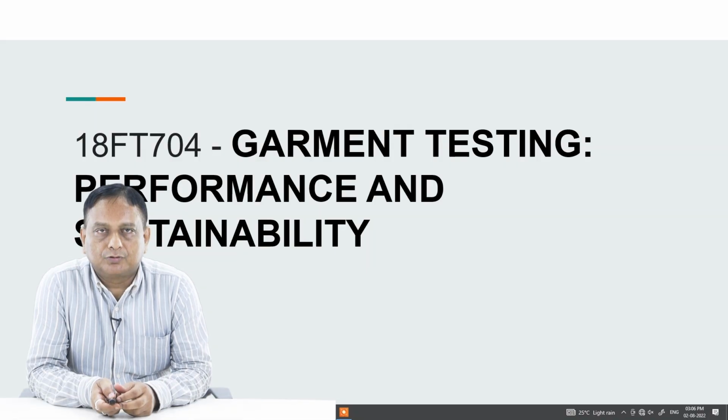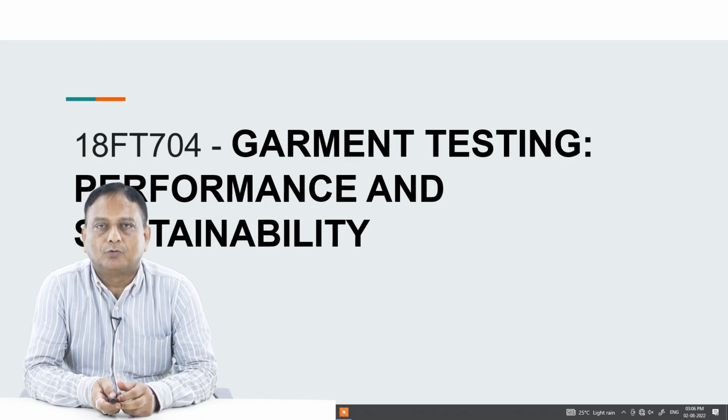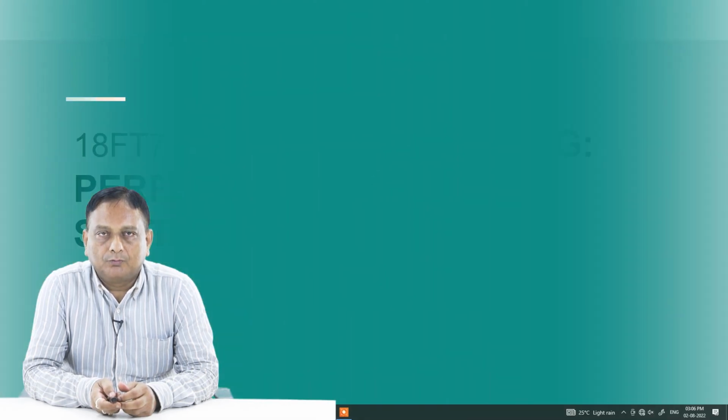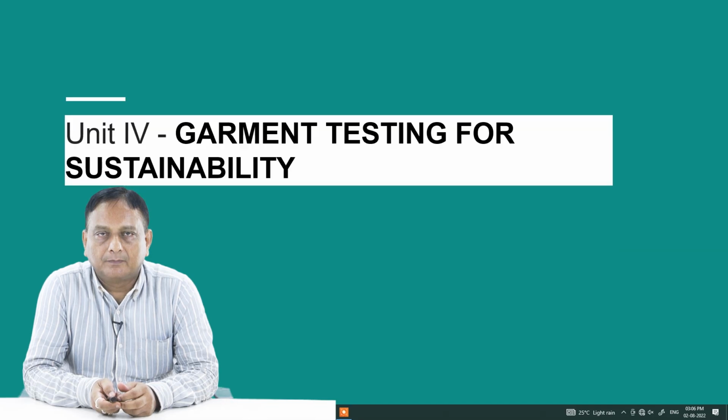Today we will talk about 18-FT704 garment testing, performance and sustainability. Now in this particular course we are at unit 4, that is the garment testing for sustainability,